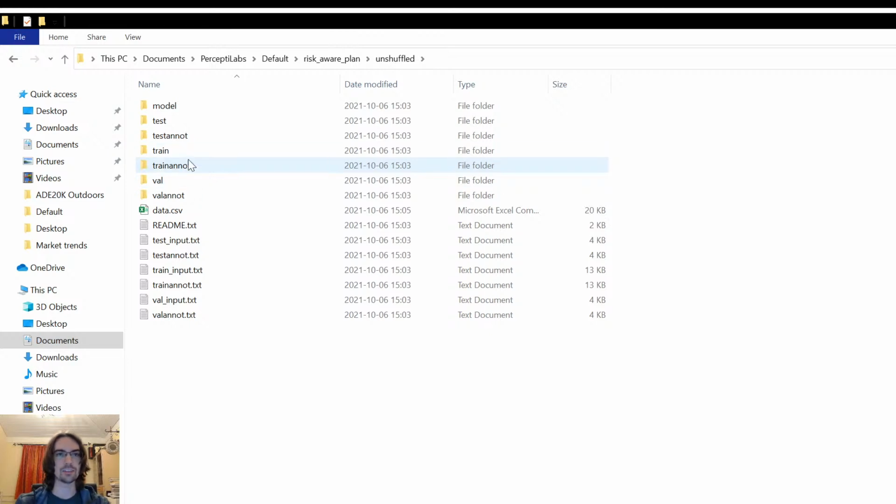For simplicity, I just took the dataset from the training, and that automatically will be split in PerceptiLabs into training, test, and validation. If you wanted, you could very easily include the test and the validation dataset in the CSV file as well, or just the training and validation files, and then leave the test sets out